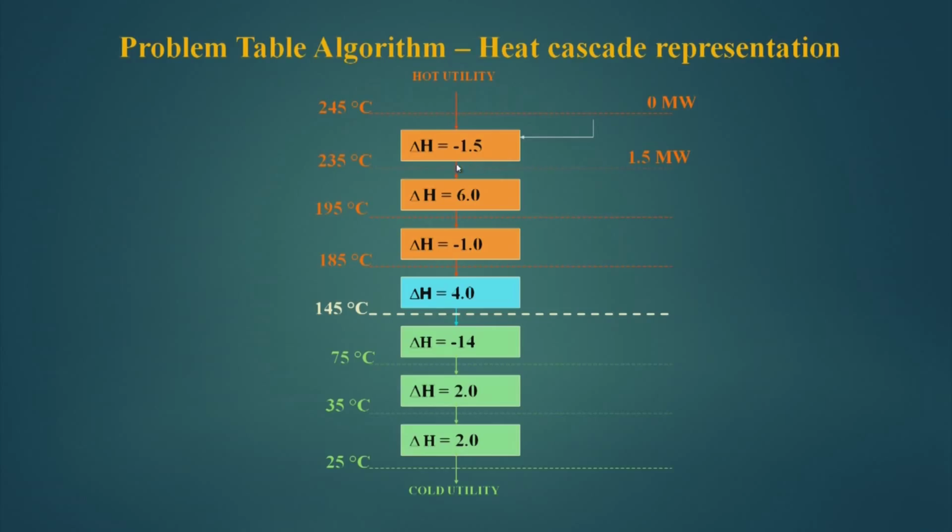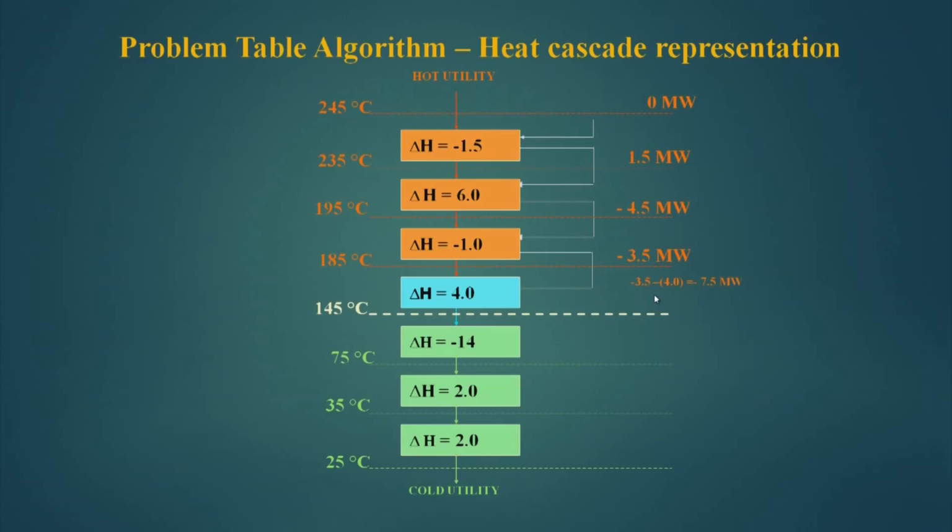So, at this temperature level 1.5 megawatt is passing downward. Similarly, if I calculate the values here, this is 1.5 minus 6.0. So, this becomes minus 4.5 megawatt, and then here this is minus 4.5 minus 1.0, it becomes minus 5.5 megawatt here, and here